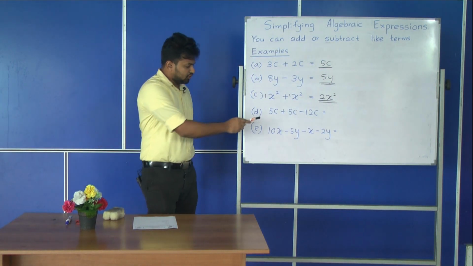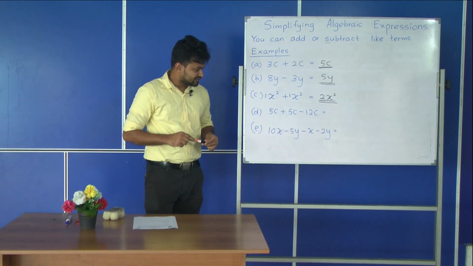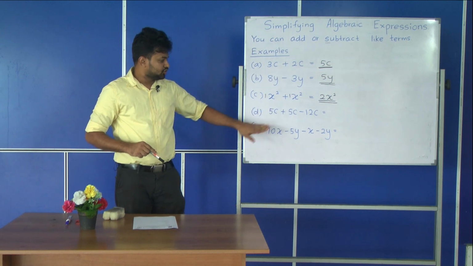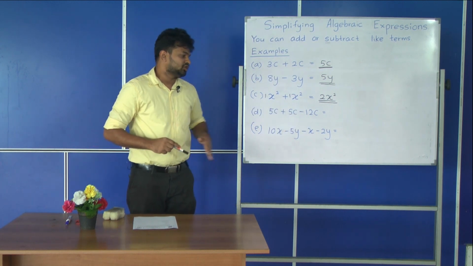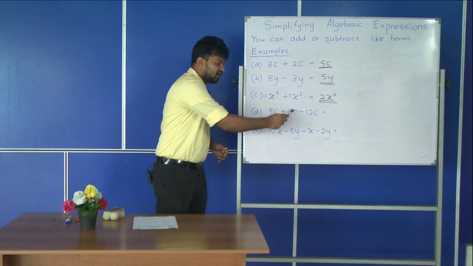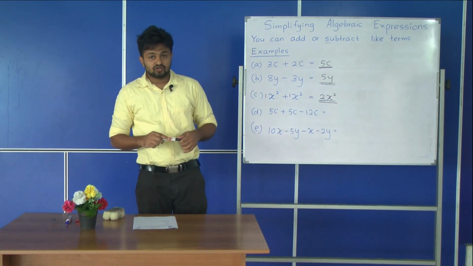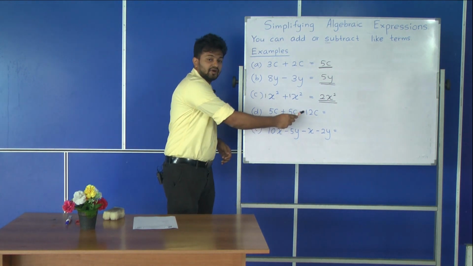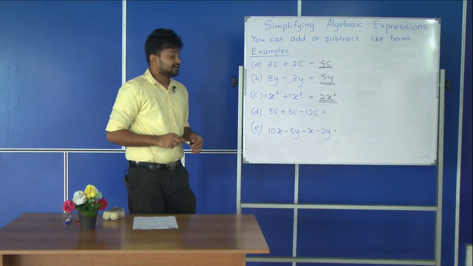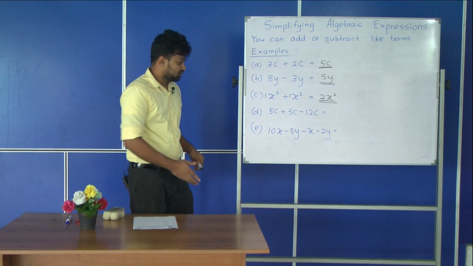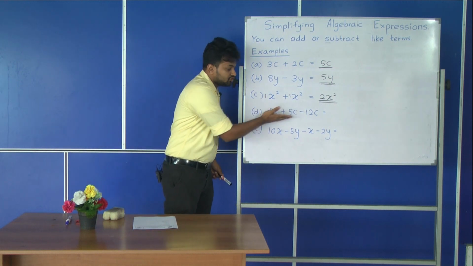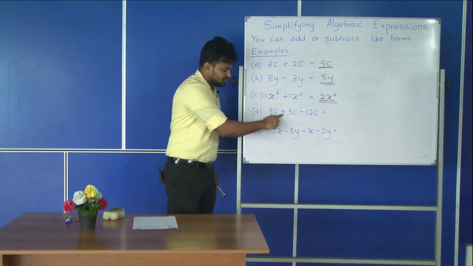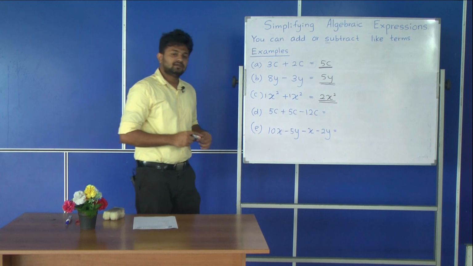Okay. Now let's look at a different example. Why does this become different to the other 3? You have 2 operations here. But you don't have to worry. When you have more than one operation, in mathematics you have to go according to the BODMAS order. Now you have plus and minus. When you have plus and minus, according to the BODMAS order, we know you have to look from left to right. And when you look from left to right, what do you have first? You have addition. So you can add before subtracting.